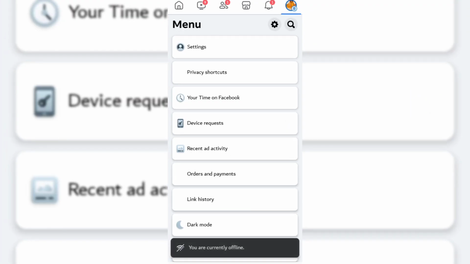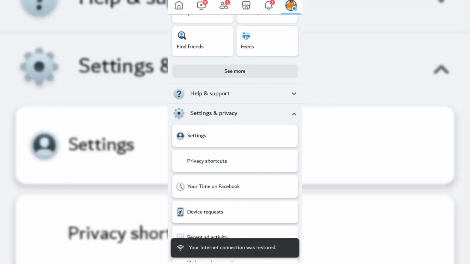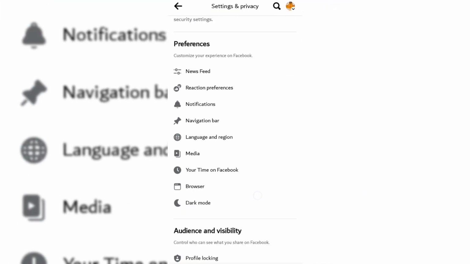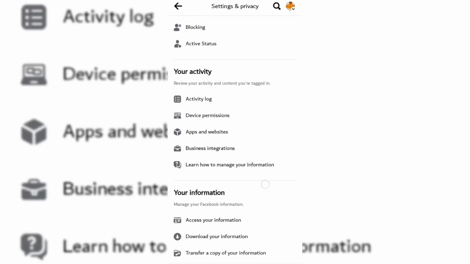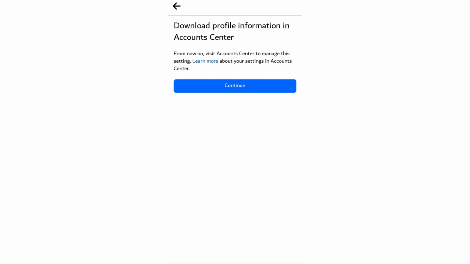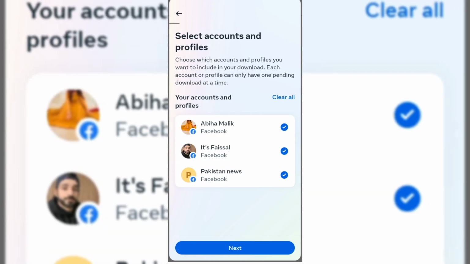Let's open up the Facebook app, go to settings, scroll down and here you can see download your information. Tap on continue, tap on request,